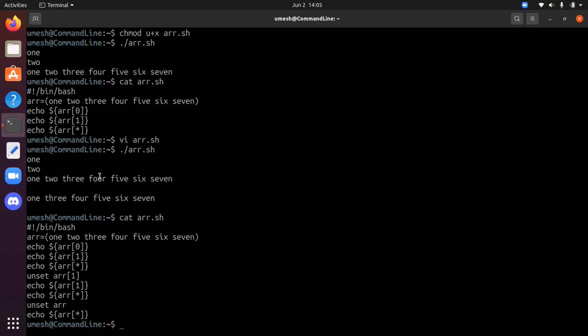So it just printed as it did before, no change up to here. On the fourth line, we unset array 1, which is this one, and tried to print. So we deleted that element and tried to print the same one. So it's blank, nothing is there. And when we printed everything, except 2, it printed everything because we removed that element. And in this line, we removed all the elements of the array and tried to print everything. And it didn't print anything because all the elements are removed. So that's how you can define an array or remove an element of the array.